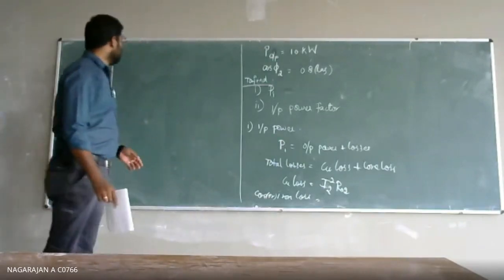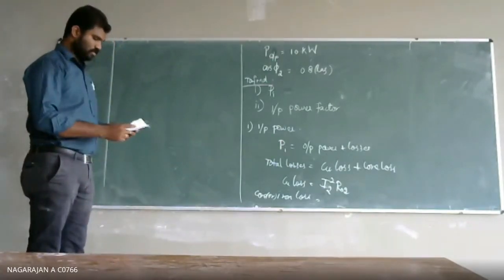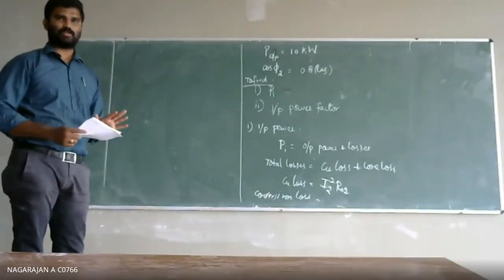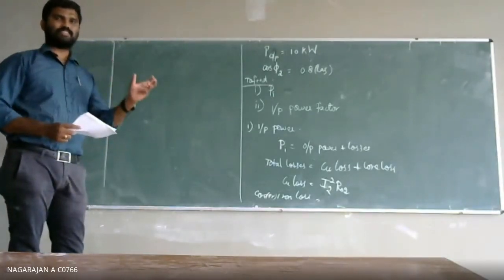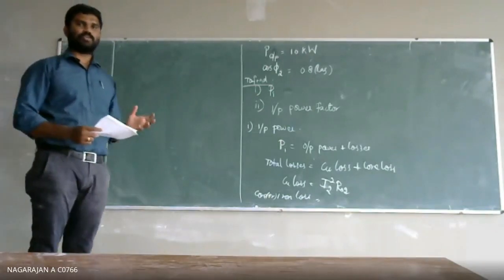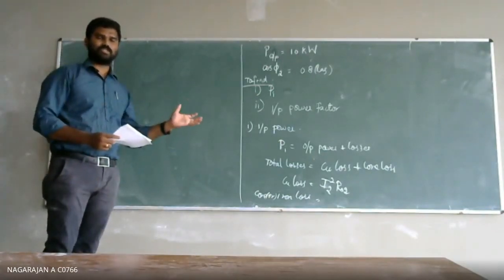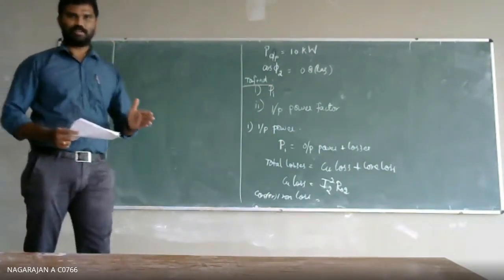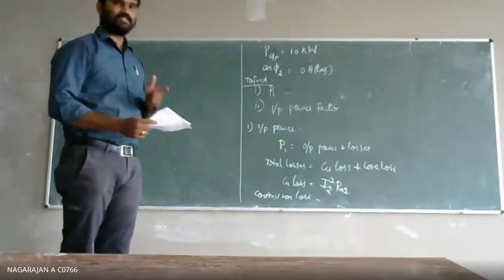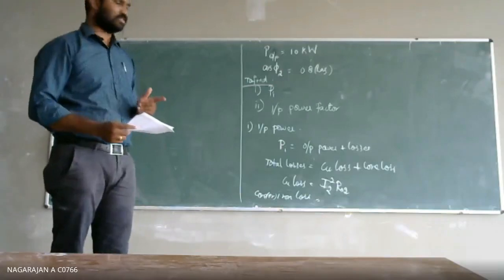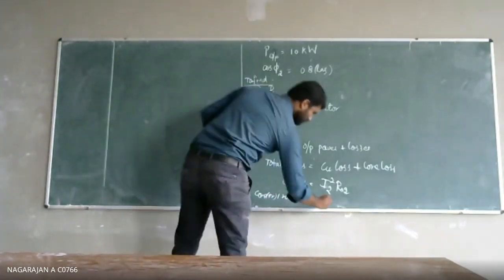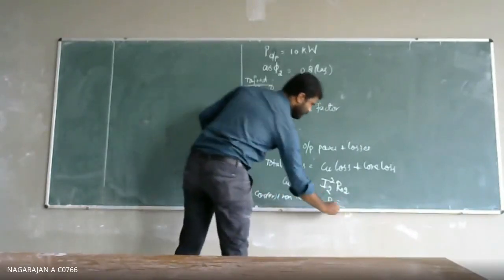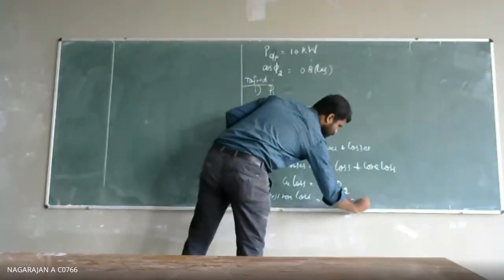So in the no load condition, in the problem they would have given 150 watts, which is the iron loss. At no load condition, this is the power taken from the source of the transformer. That transformer source is delivering 150 watts at no load condition. In the given data, they have given that. So P naught is the total core loss. Core or iron loss is equal to P naught, which is given as 150.